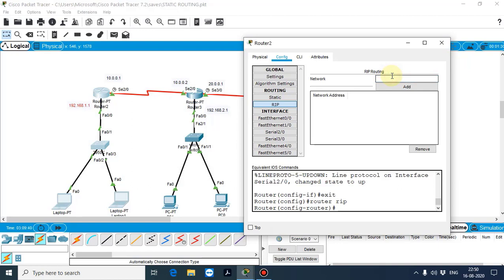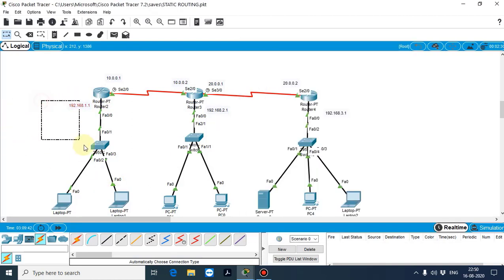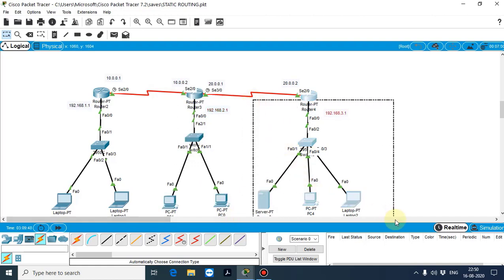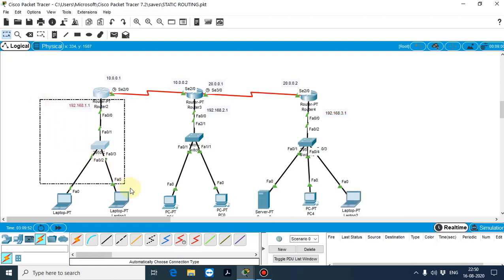So this network belongs to the 192.168.1.0 series, and this network belongs to the 192.168.2.0 series, and this network belongs to the 3.0 series. So if I define 192.168.1.0 series, the IP addresses range from 1 to 255.